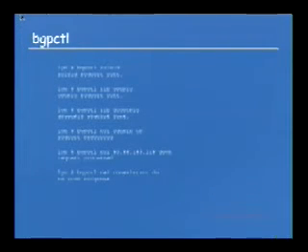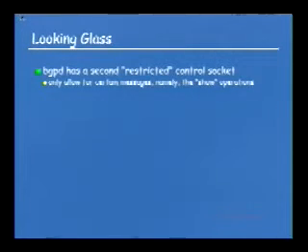Causing a configuration reload or coupling, decoupling the FIBs, very easy, shown here. And well, you can take neighbors up by their name or their IP address. And the last one is special. The feedback that there's no such neighbor by name is a pretty new feature that used to not bring any feedback. So, looking glass. bgpd has a second restricted control socket now, I committed that 2 weeks ago, which only